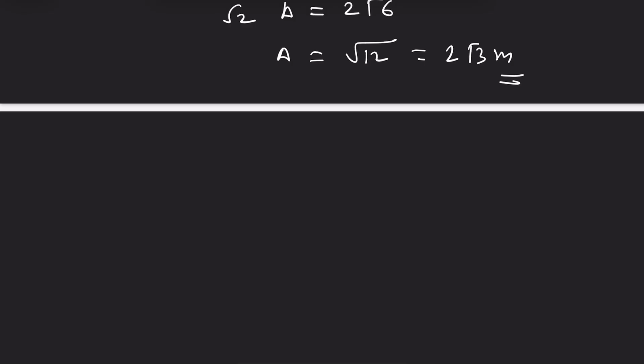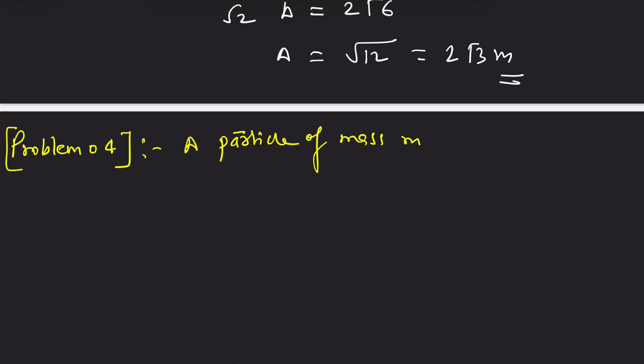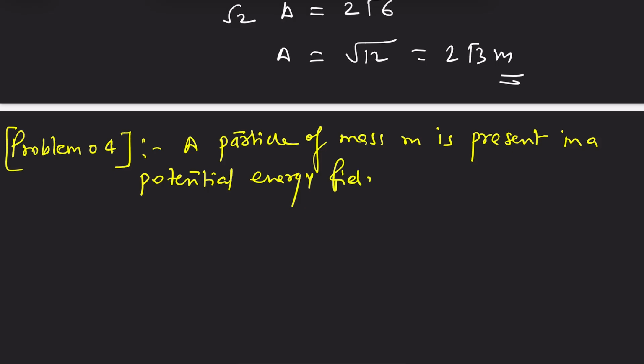Problem number 4. A particle of mass m is present in a potential energy field, which is U(x) = U naught (1 minus cos ax), where U naught